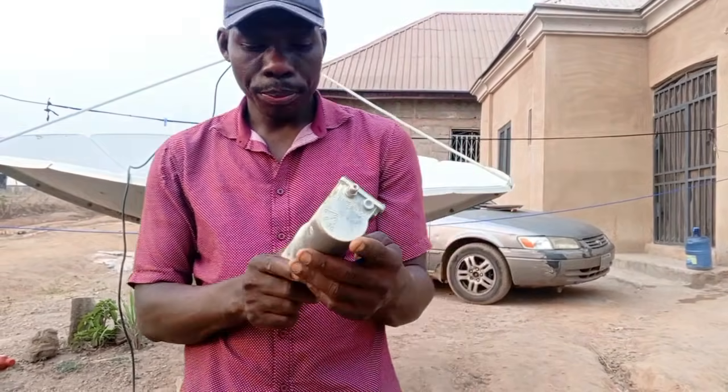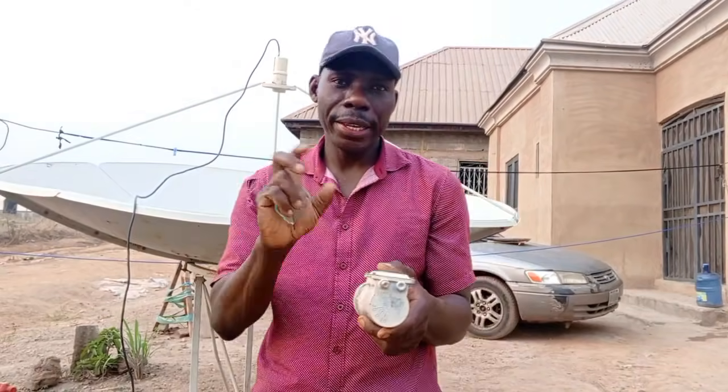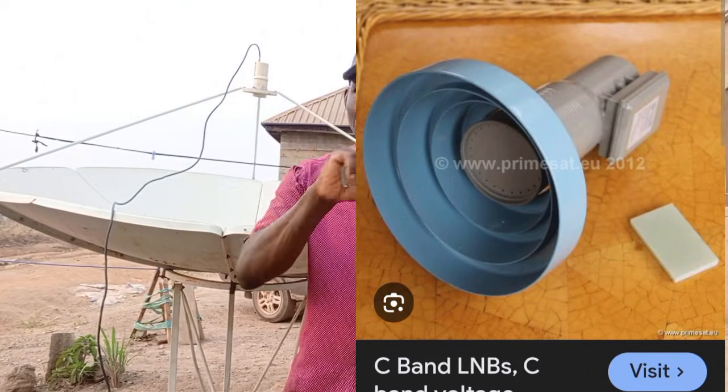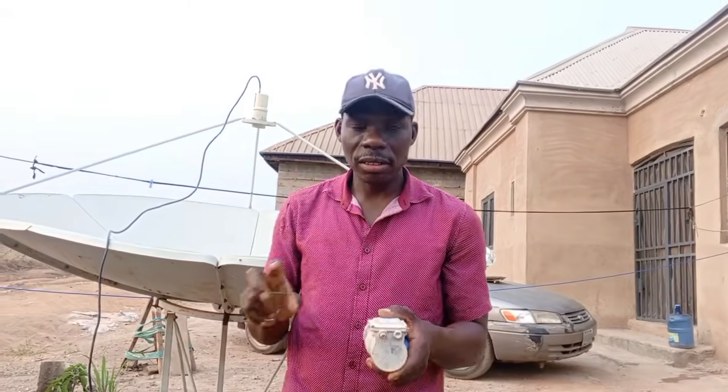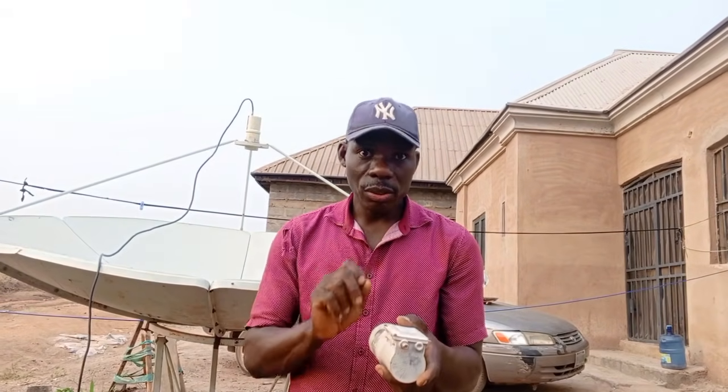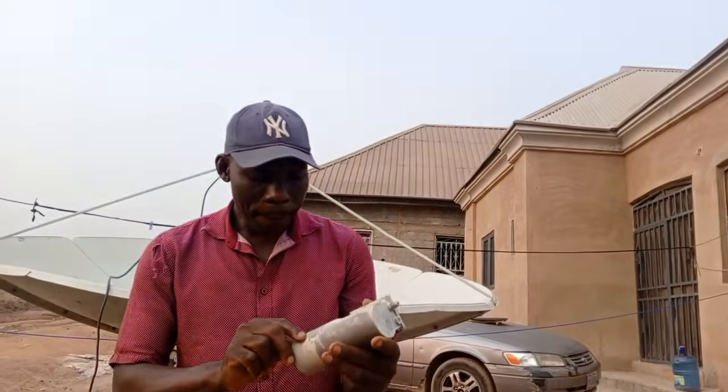Then number 2, please, if you can get a 5G LNB, it will be better. 5G LNB stops interference, especially when you're living in an environment that has telecommunication masts. Get a 5G LNB. So that's it. Now, number one again is this. Please make sure